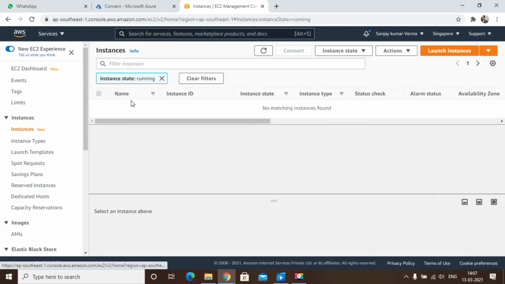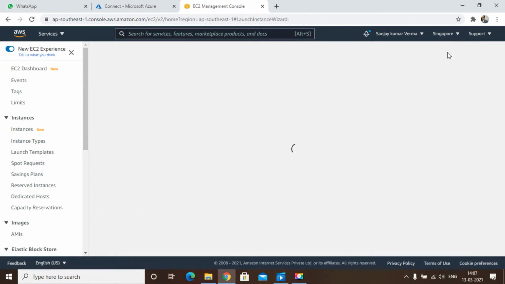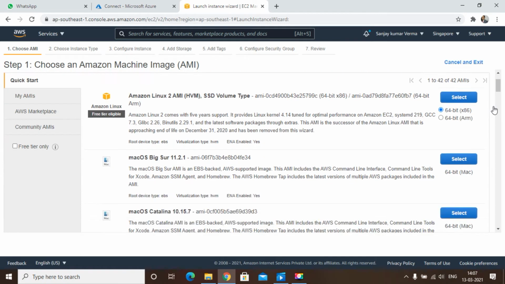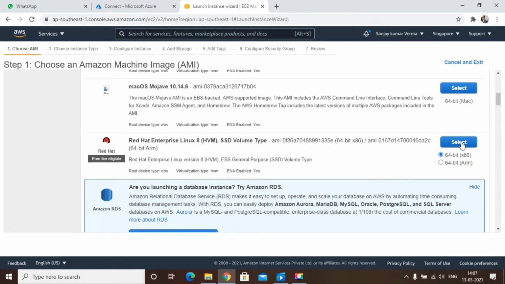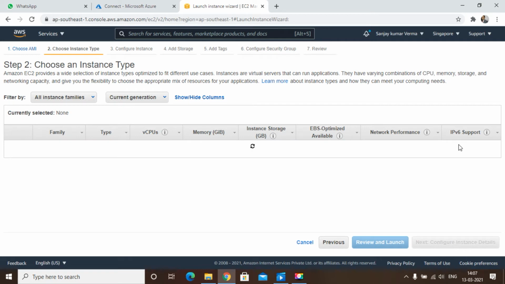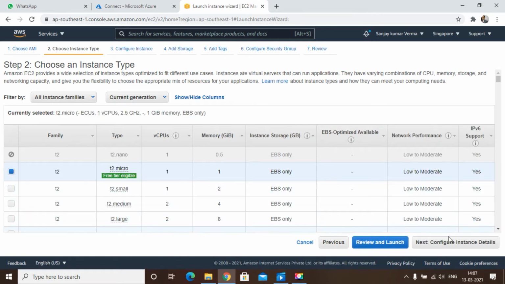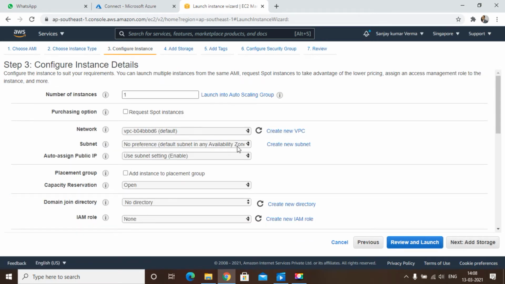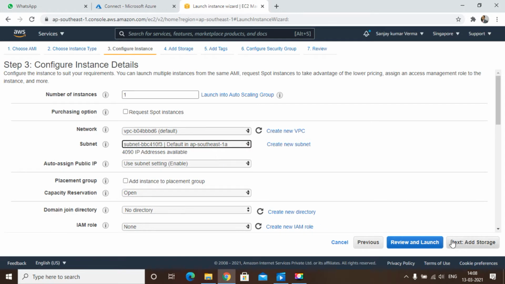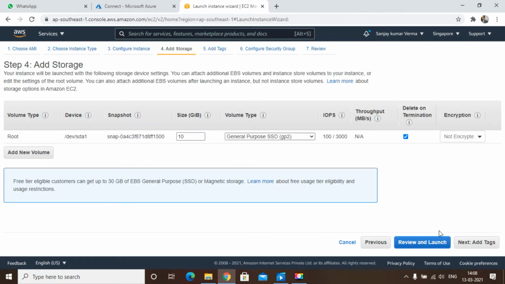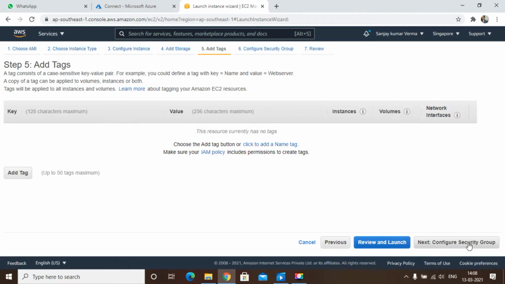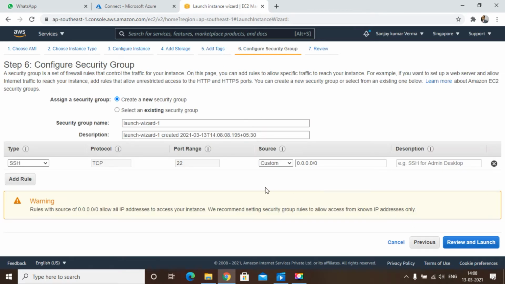So click on instances, launch instance. Here I will choose a Red Hat AMI. Now next, choose a region. This is the root device, it's important.